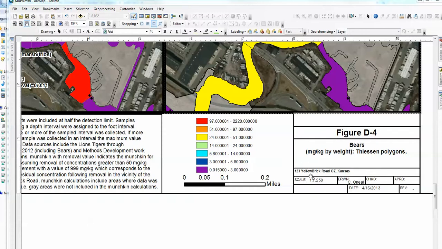Example one, yellow brick road should be 2 words, not 1 word. Later on in the series, it was decided that we wanted to change the figure series from a D series to an A series, that is figure A-4. And also, nobody requested the edit, and so this legend notation just carried on through every one of the figures. So these are 3 items that I'm going to show how we can address through the